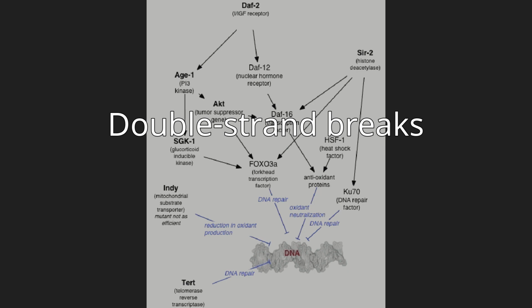MMEJ starts with short-range end resection by MRE11 nuclease on either side of a double-strand break to reveal microhomology regions. In further steps, poly-ADP ribose polymerase 1, PARP1, is required and may be an early step in MMEJ. There is pairing of microhomology regions followed by recruitment of flap structure-specific endonuclease 1, FEN1, to remove overhanging flaps. This is followed by recruitment of XRCC1-LIG3 to the site for ligating the DNA ends, leading to an intact DNA. MMEJ is always accompanied by a deletion, so that MMEJ is a mutagenic pathway for DNA repair.